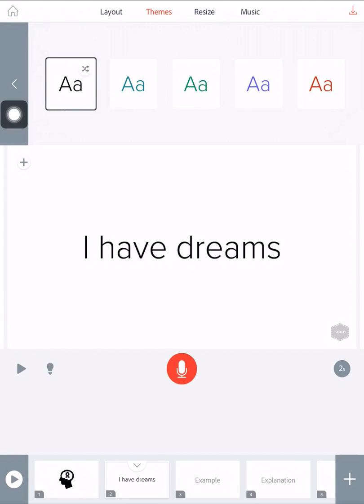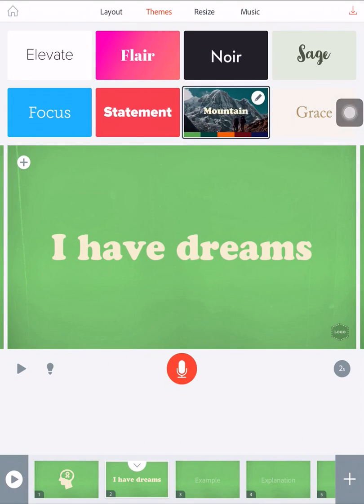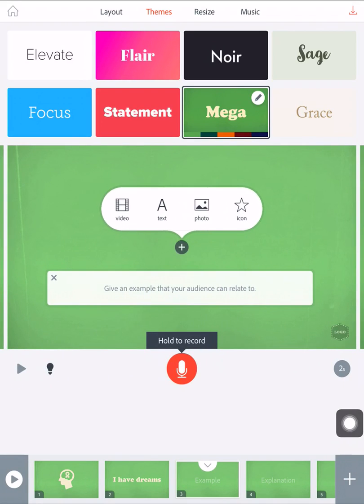And I'm going to choose a different theme so you could see. I like this green right here actually. So I'm going to go with that. It's going to look nice with the black and white in my mind. So you could see the different color options down below if you want to play with that. I'm going to go to the next slide. So far I've added two slides, an icon and text. Next, I'm going to add in